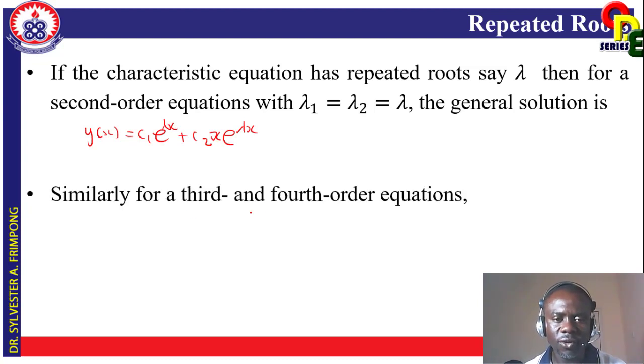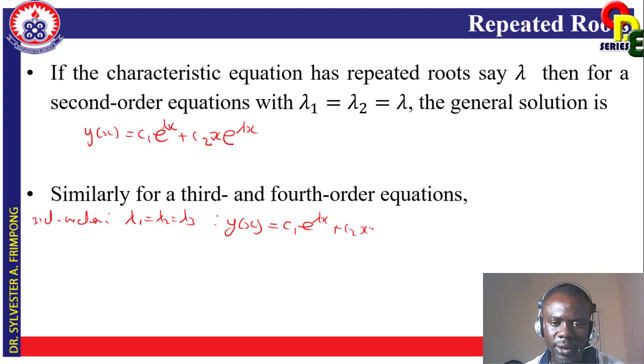If we look at third and fourth order, for the third order, we are going to have lambda 1 equals lambda 2 equals lambda 3. So the general solution is going to be c1 e raised to the power lambda x plus c2 x e raised to the power lambda x plus c3 x squared e raised to the power lambda x. So what is seen is that there's an increasing power of x. It starts from x raised to the power 0, x raised to the power 1,